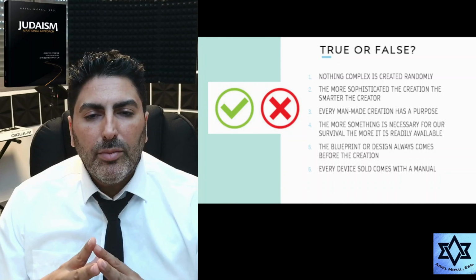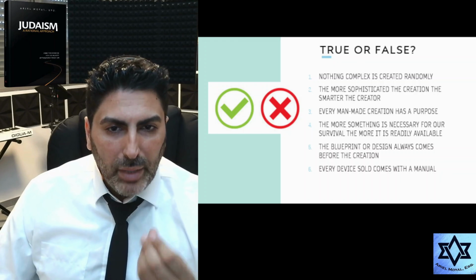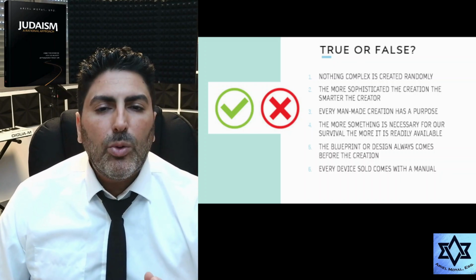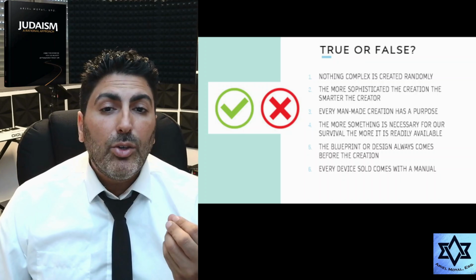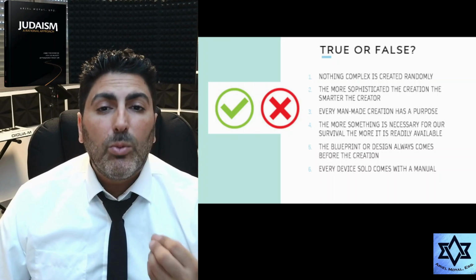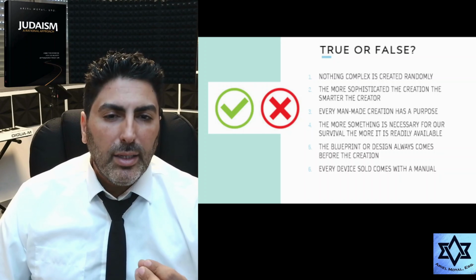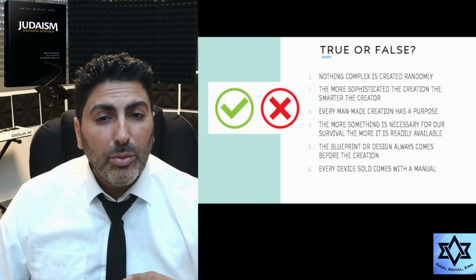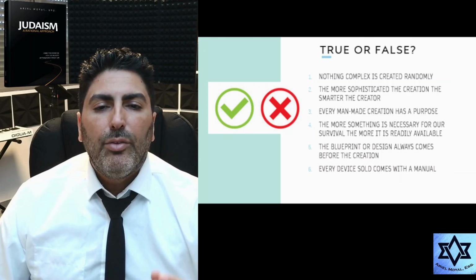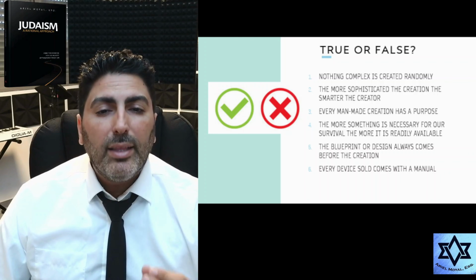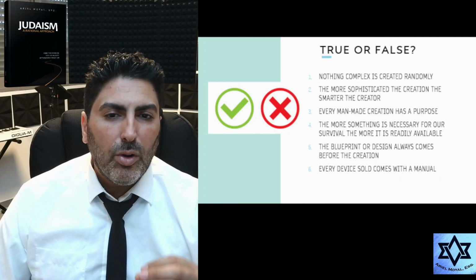In Judaism, the Torah, in Hebrew, comes from the word hora'ah. Torah literally means instruction. The Torah in Judaism is the instruction manual. The Torah says that God looked into the Torah and created the world, that the Torah is God's blueprint for the world. What we're going to be doing in the next lectures is delving into this blueprint, and we're going to be identifying different types of evidence we have for the blueprint of the Creator, and evidence that this Creator provided to mankind an absolute moral value system.